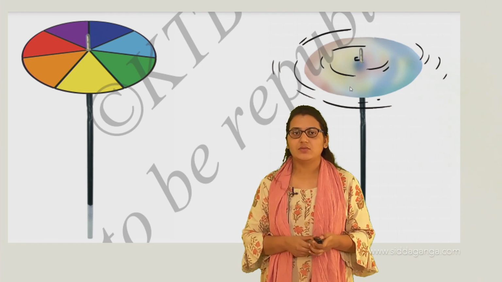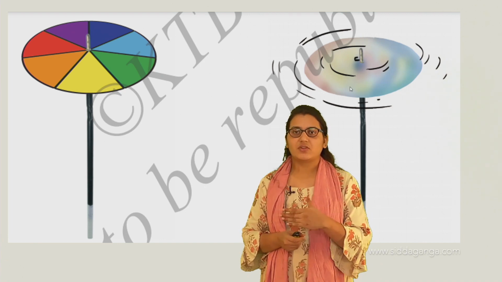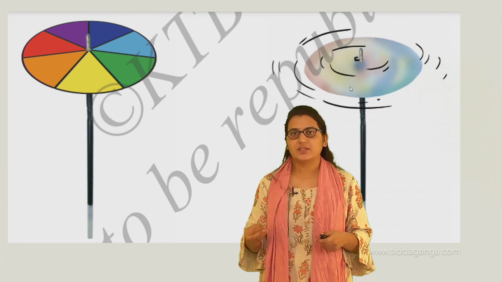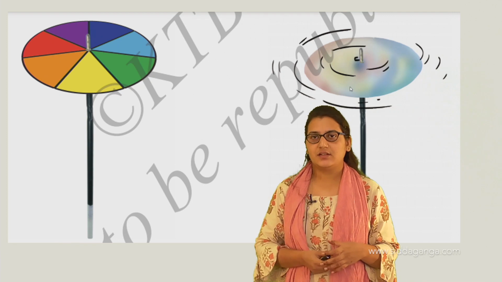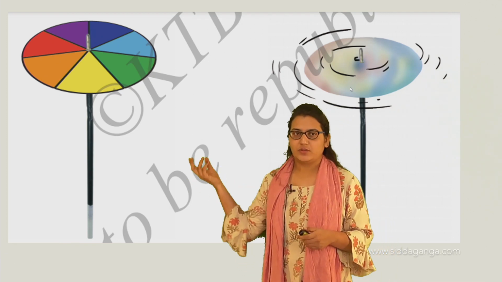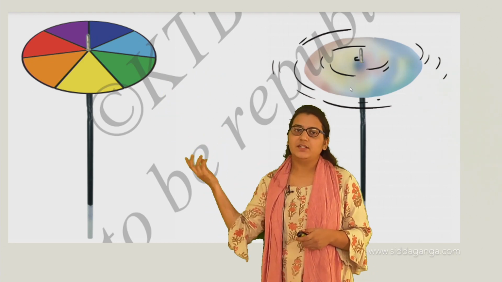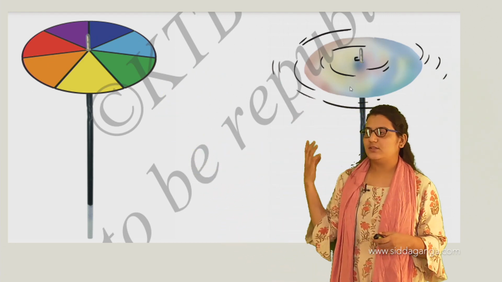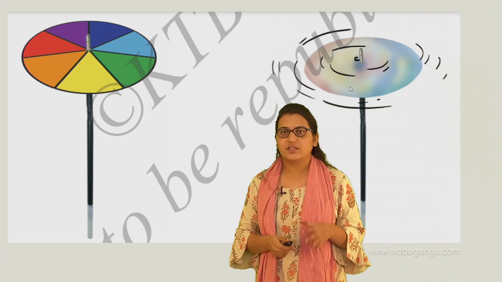We now know that sunlight, that white light, is nothing but a combination of these 7 colors. If we make the sunlight pass across a prism, the output is of 7 colors, which clearly infers that sunlight is made up of these 7 colors. With this small experiment, if we take a disc with 7 colors and rotate it, it appears white. This confirms that white light consists of 7 colors. With this discussion the chapter light completes. Thank you.